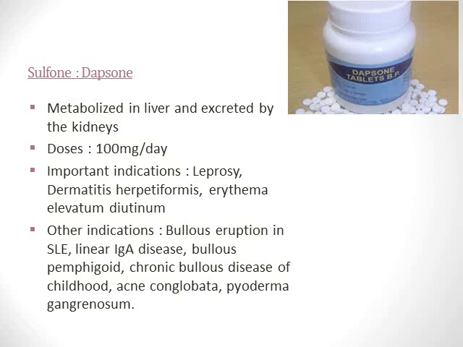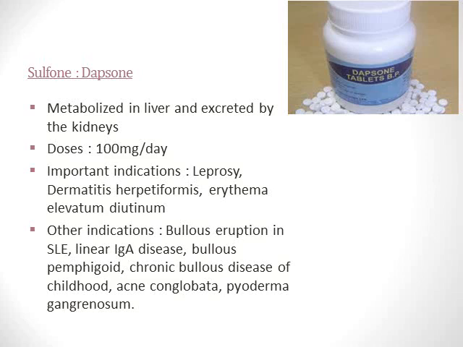So let's start with something we have been using for a really long time in dermatology, that is Dapsone. Dapsone is something which we use in Hansen's disease, and also in various dermatological conditions. It's available as a 100 milligram tablet. It's usually available in a box container, not as a strip, if you go to the pharmacy. But when we give it in a blister package, as a fixed dose pack in the multi-drug therapy regimen in Hansen's, it comes in a blister pack. The dose is 100 mg per day, commonly used in Hansen's, that is leprosy.